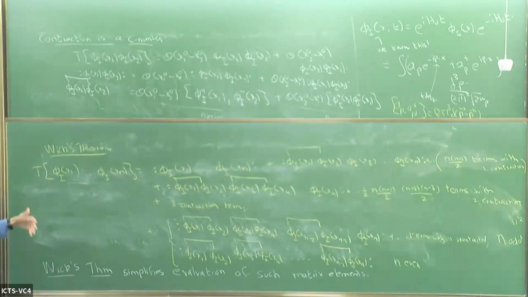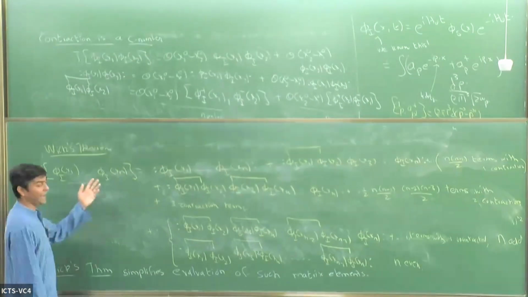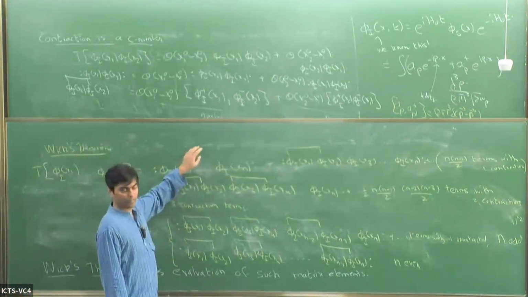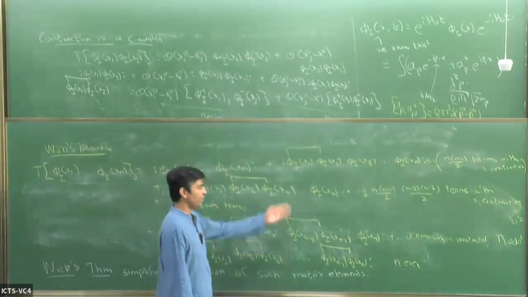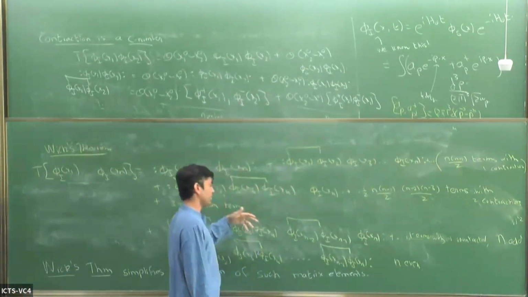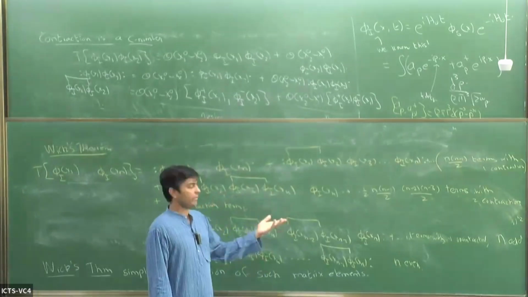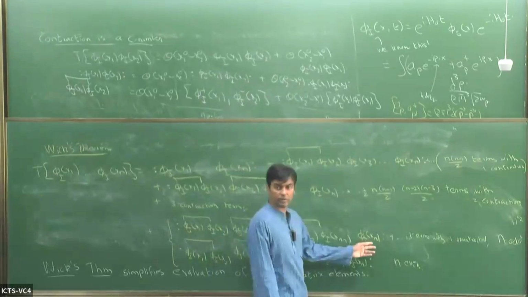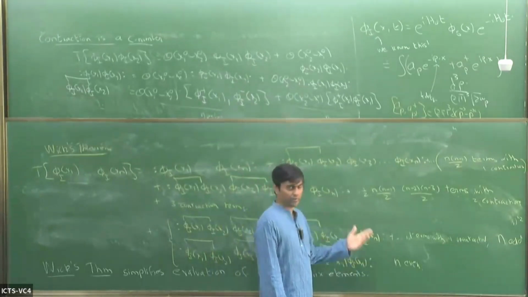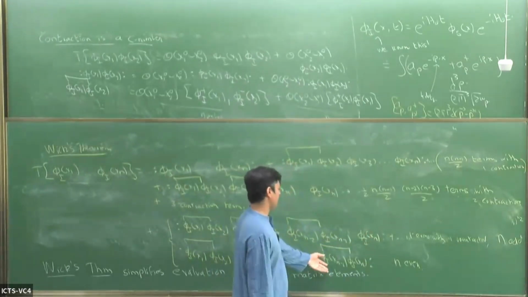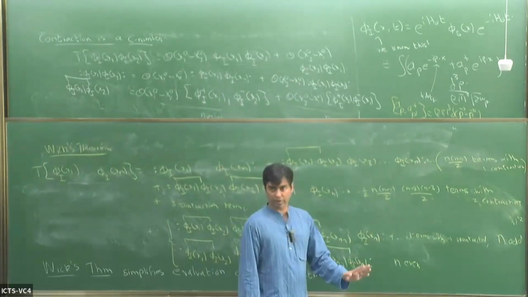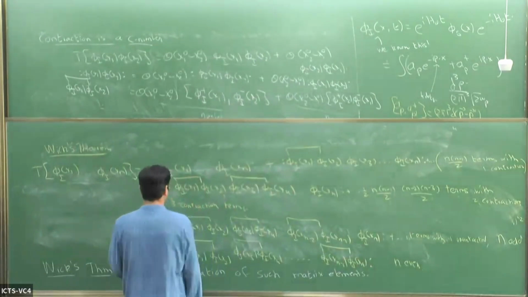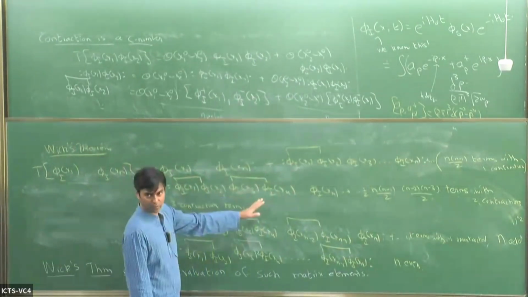Now the theorem tells you that if you have a product of n fields, you can write that as the full normal ordered product, plus terms with one contraction, plus terms with two contractions, plus terms with three contractions, going all the way down, till you have, if n is odd, one uncontracted term, which is the maximum number of possible contractions, or if n is even, all terms contracted. And here I happen to have contracted x1 with x2 and x3 with x4, but